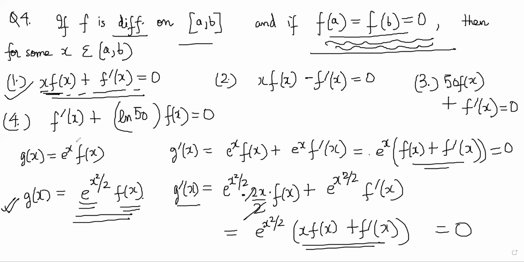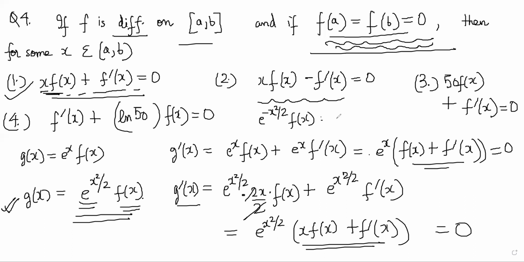So suppose the first one you have now figured out. What will be the second one from there? Second and third are exactly similar, so think of what functions you will choose for second and third. You take e to the power minus x square. No, that won't work. e power minus x square by 2 f of x will work. Just check it out.